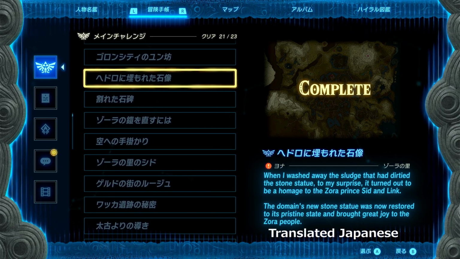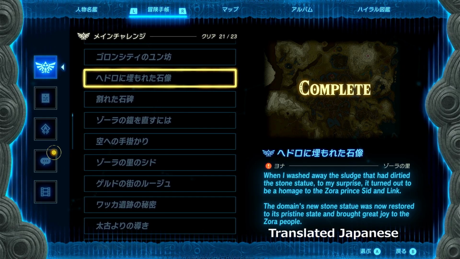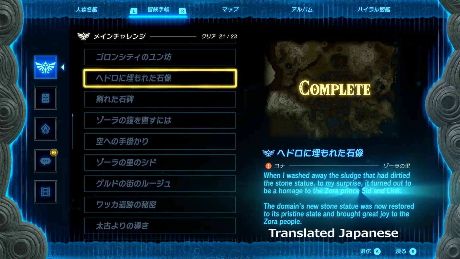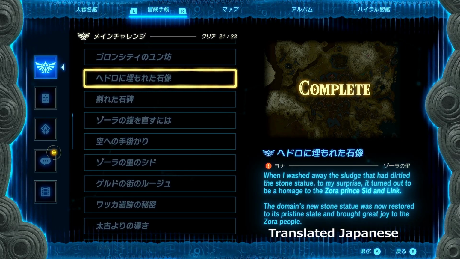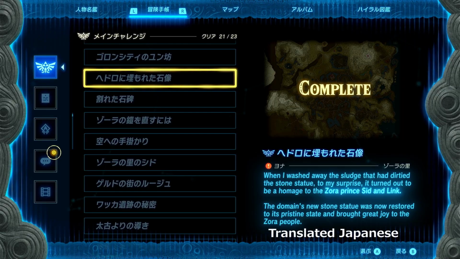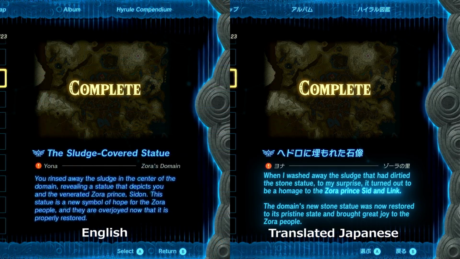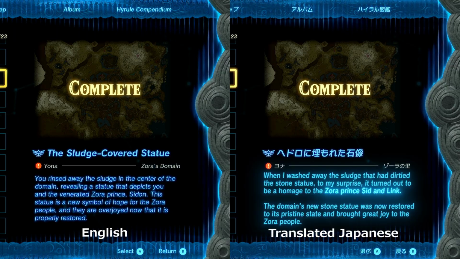The issue with reading this quest from Link's perspective is that the text reads as if the writer is describing the statue being of Link and Sidon. It literally uses Link's name within the quest. This would still feel natural to read in the first person if it was a reference to something that someone else had said, but in this case, it's not.